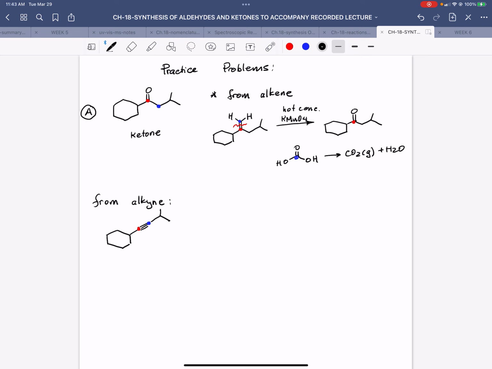Since I'm putting the carbonyl on this position, and that position is closer to cyclohexyl residue, my cyclohexyl residue is a little bit more crowded than the isopropyl. I'm going to apply the reaction conditions where I will be getting a little bit more of the more substituted product. So if I apply Markovnikov rule, Markovnikov setting,